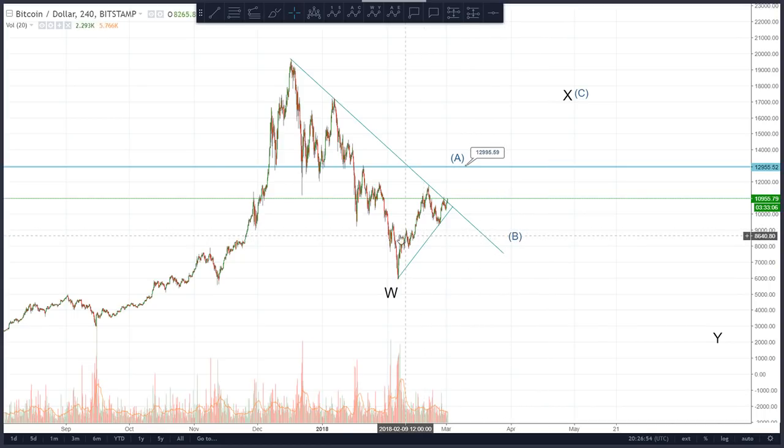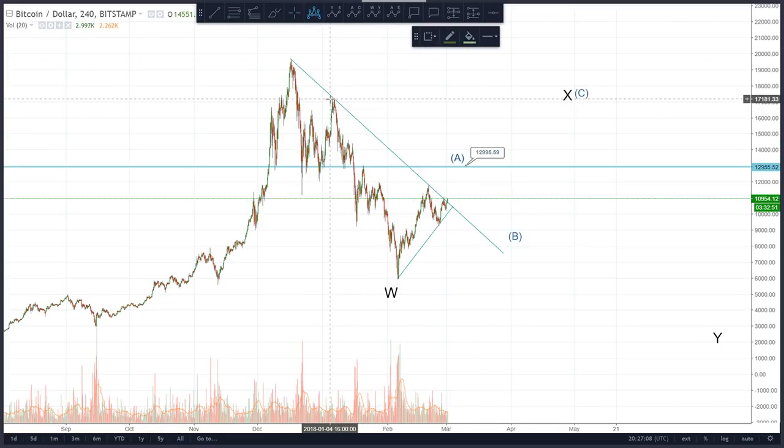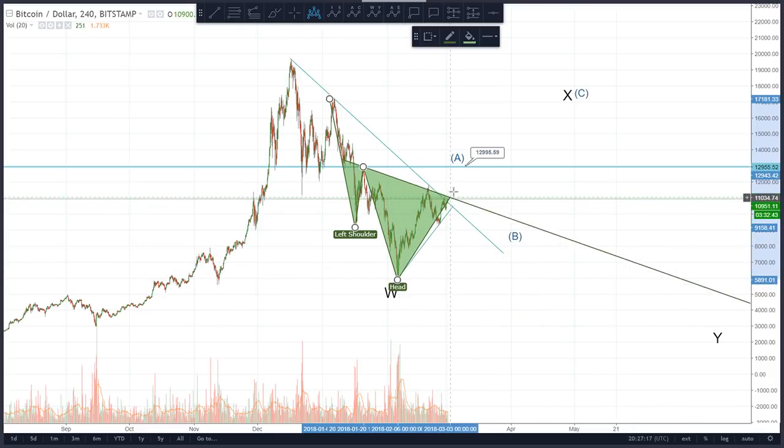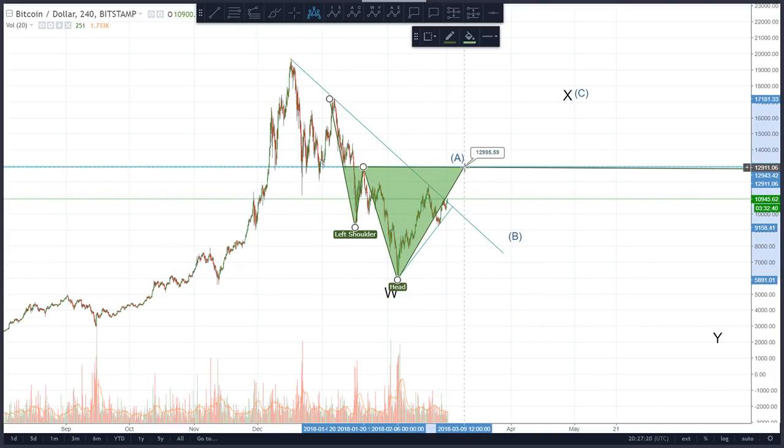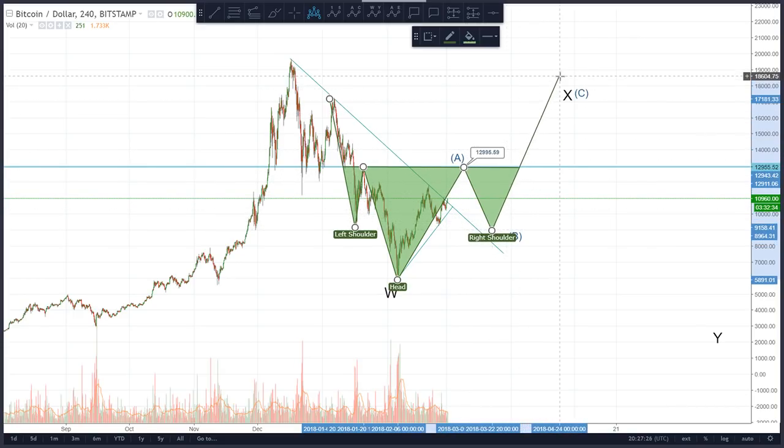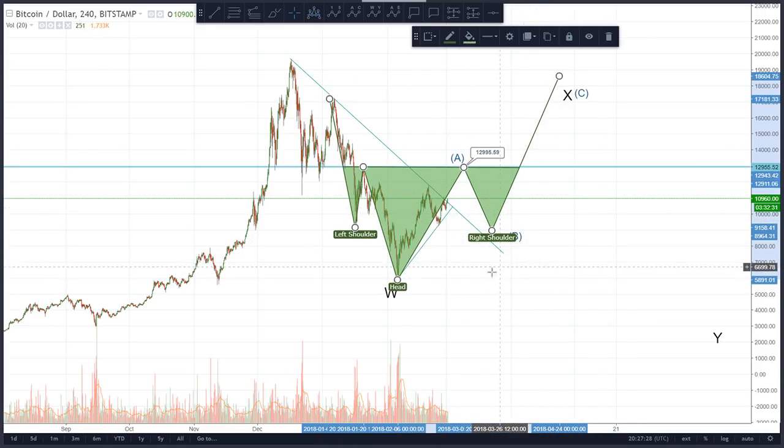Well, first of all, I believe that once we hit here, we're going to get a new head and shoulders pattern, with this bit being the left shoulder and the right shoulder forming here. So what I'm expecting to see is the head and shoulders forming like this. Price coming up to here. That's the kind of head and shoulders pattern I'm expecting to see. Yeah, so I believe B will be around here.